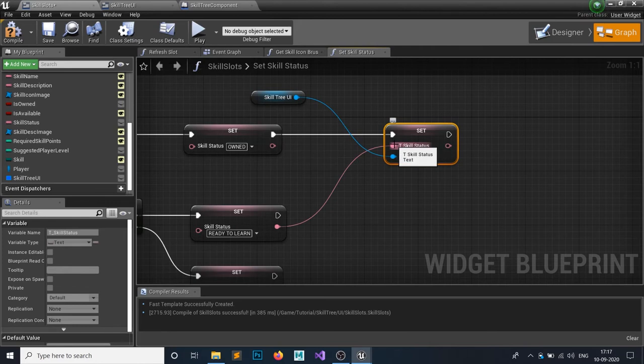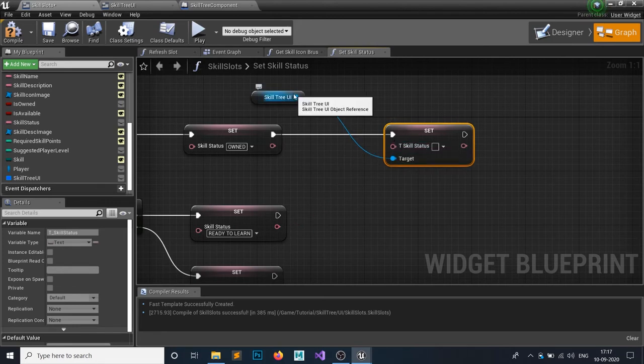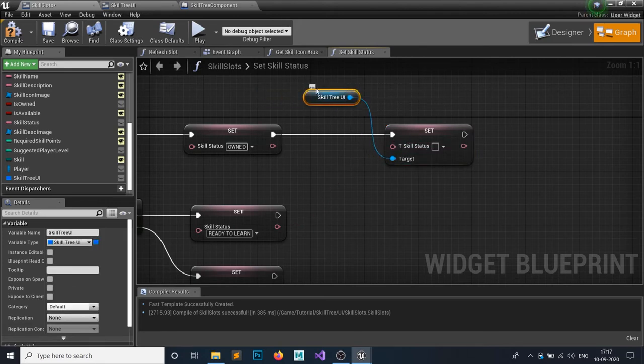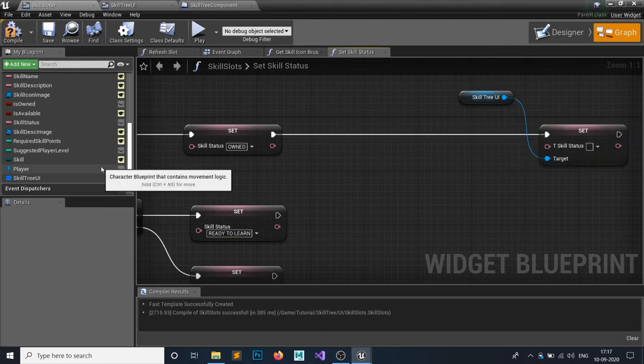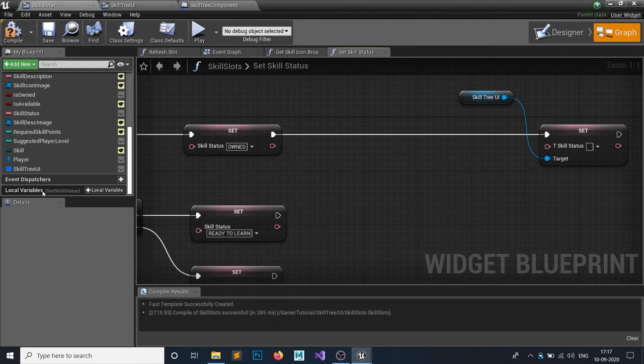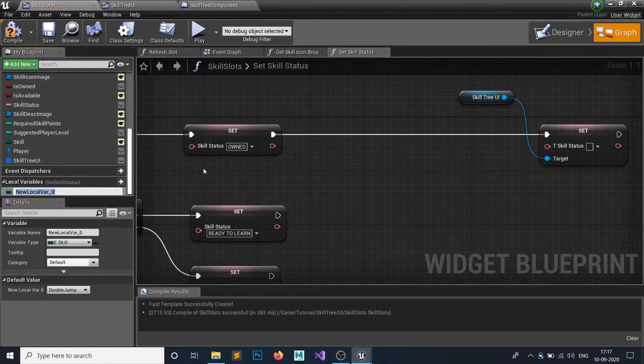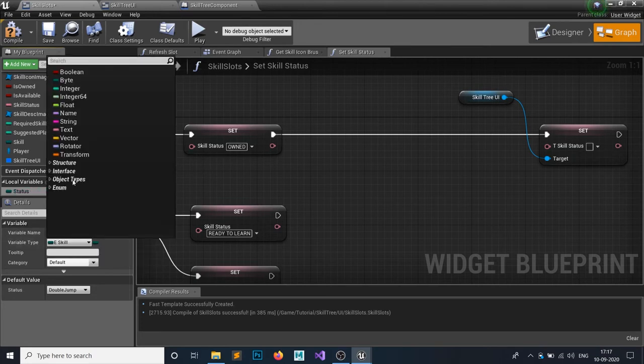It is not working like this. We're going to set it. No worries. You can see these local variables, and I'm going to call it status. So status, and the type is text.